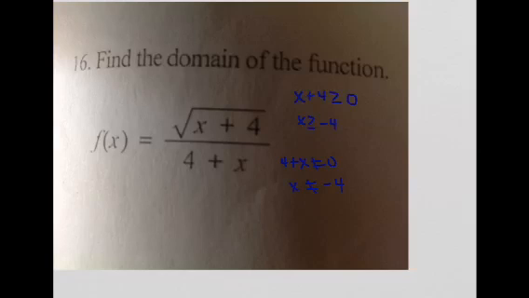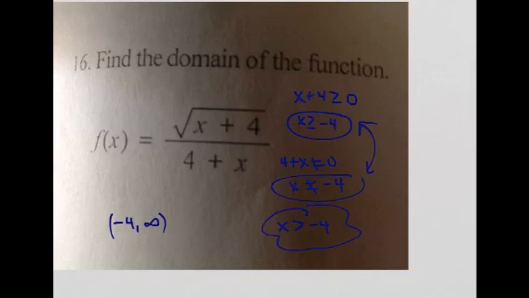So even though up here we said greater than or equal to, this one says it can't equal 2, so then we have to combine the two solutions and come up with the final one, which is x is greater than negative 4. This is the answer right here. Okay, so our final answer would be negative 4 to infinity, parentheses, not bracket, because it cannot equal negative 4